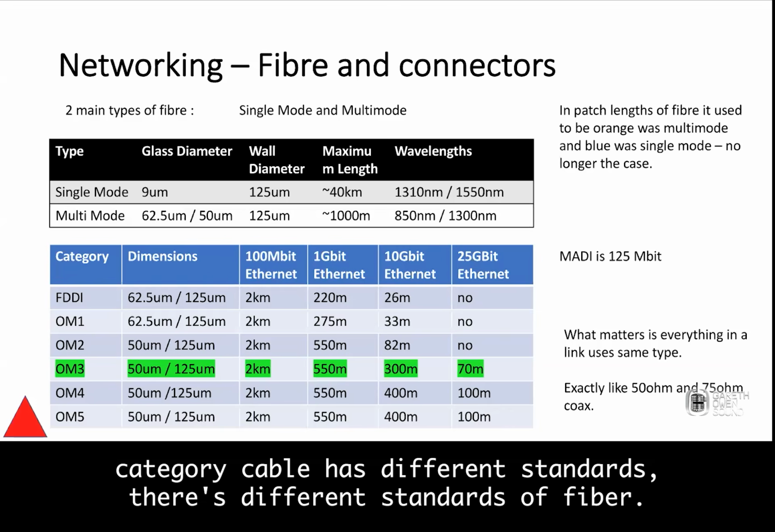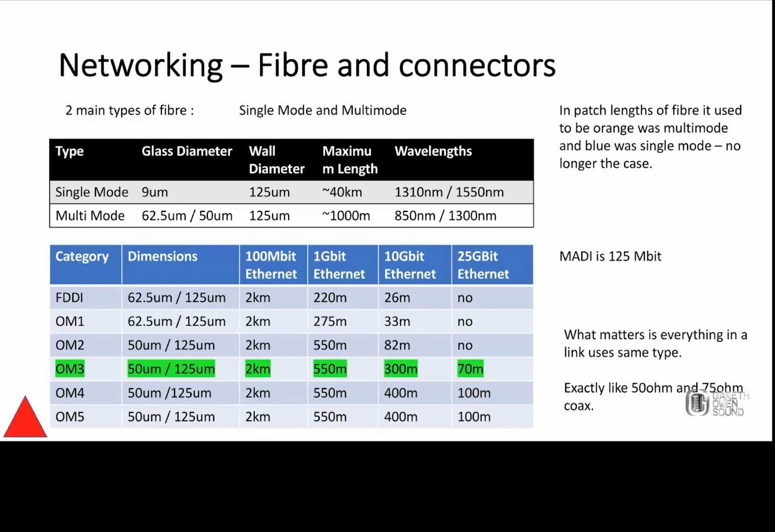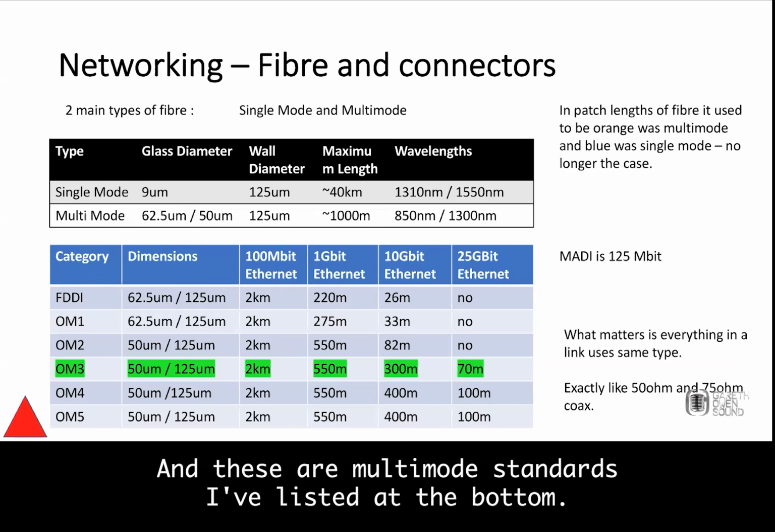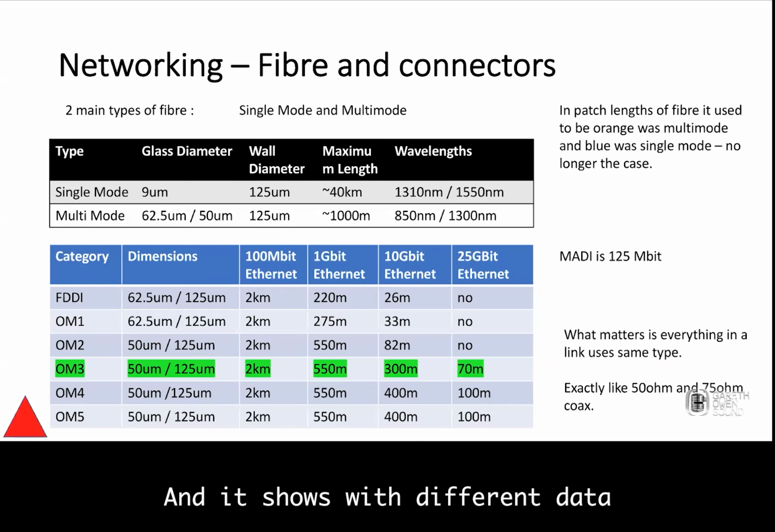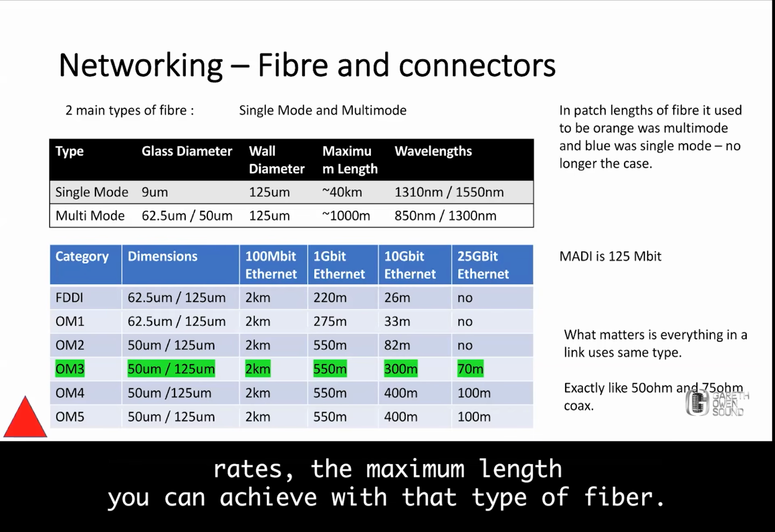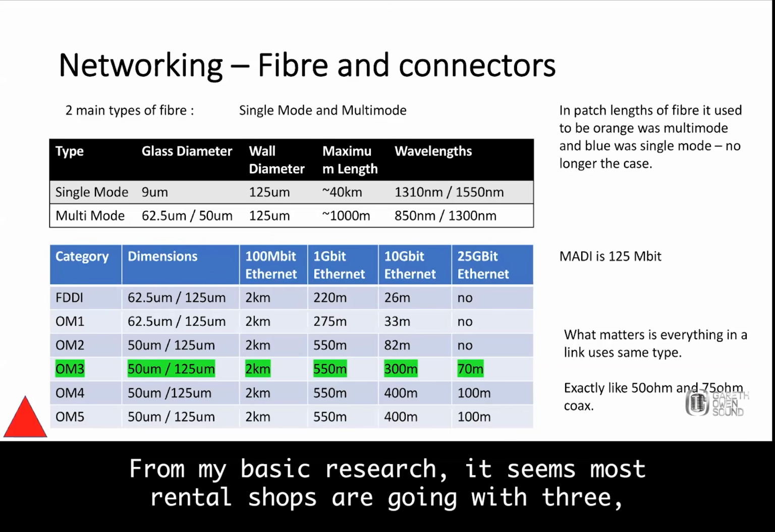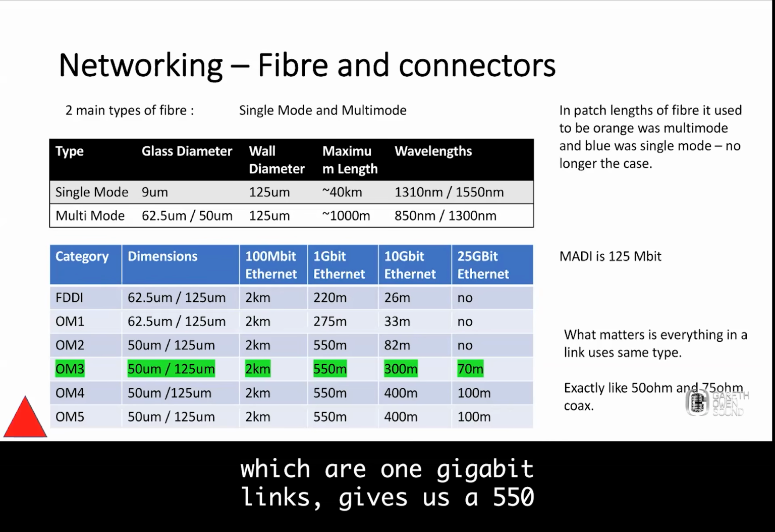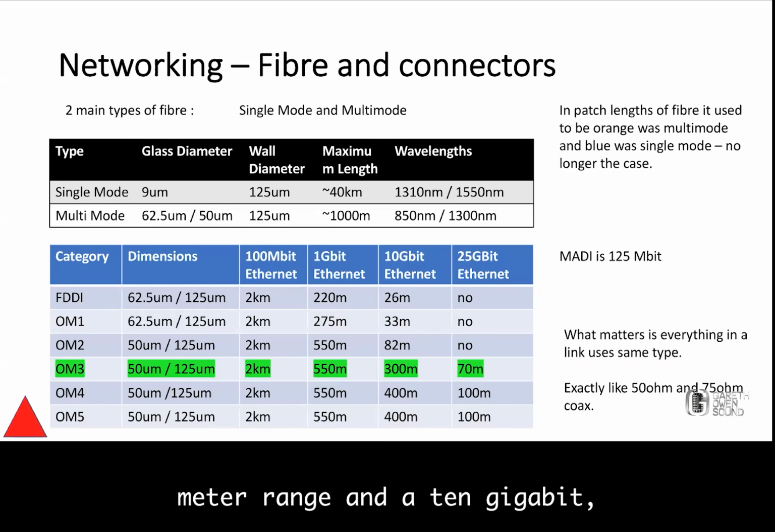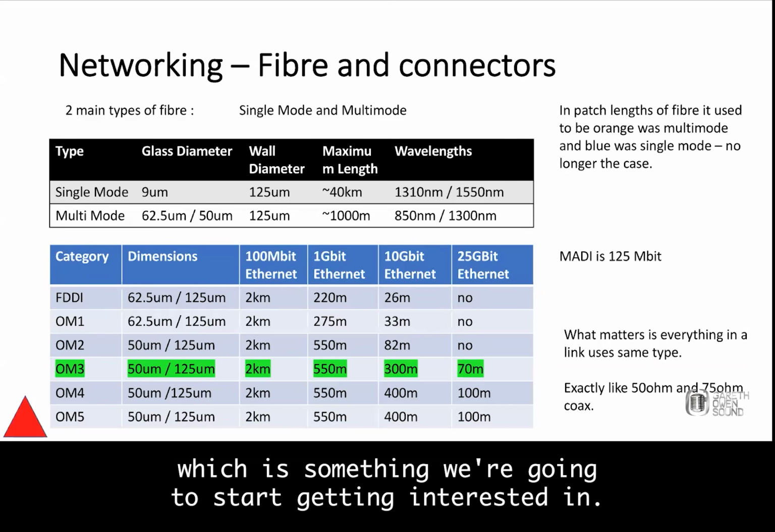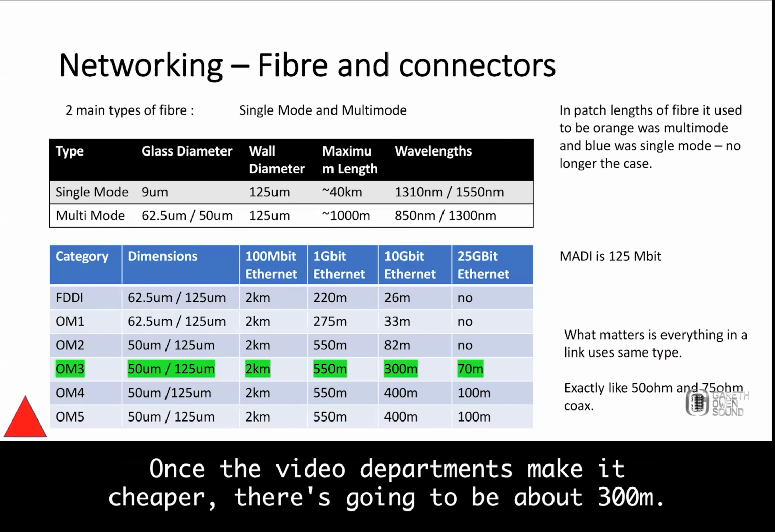In the same way that category cable has different standards, there's different standards of fiber. These are multi-mode standards I've listed at the bottom, and it shows for different data rates the maximum length you can achieve with that type of fiber. From my basic research, it seems most rental shops are going with OM3, which at 1 gigabit links gives us a 550 meter range, and at 10 gigabit, which is something we're going to start getting into soon once the video departments make it cheaper, is going to be about 300